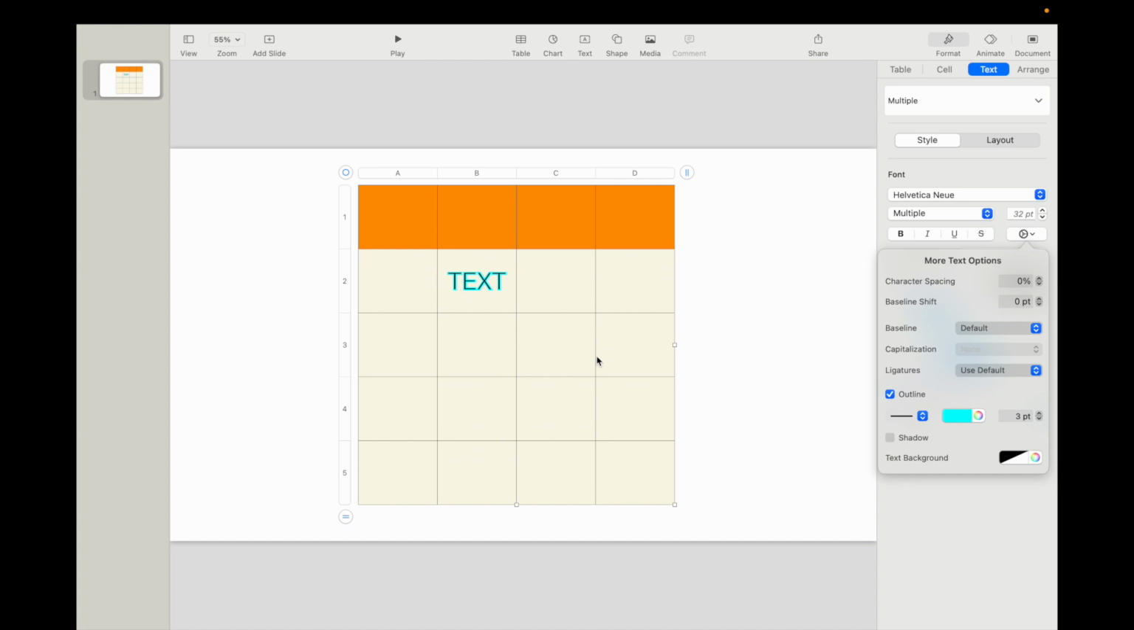But that is how to edit table text, the outline of it here inside of a Keynote